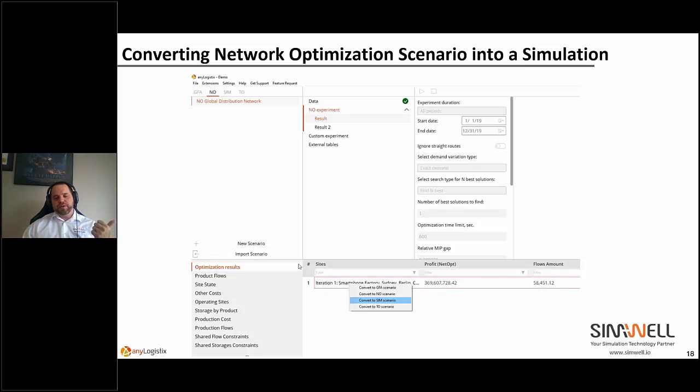You have the state-of-the-art optimization engine that is CPLEX, and a state-of-the-art simulation engine that is AnyLogic. All that in the same package, and you can switch from a network optimization to a simulation, or from a simulation to a network optimization, by one click of a button. Obviously, there's a little bit of difference in the data that is required on both sides, but any work that you do in defining your supply chain optimization model will be reused for your simulation model and vice versa. So that's what makes anyLogistix so unique, and that's what makes it the perfect platform for supply chain modeling.